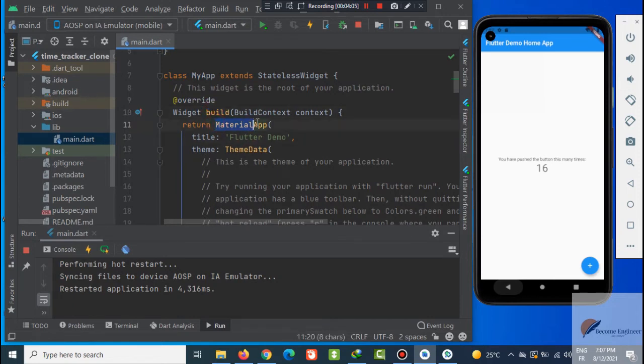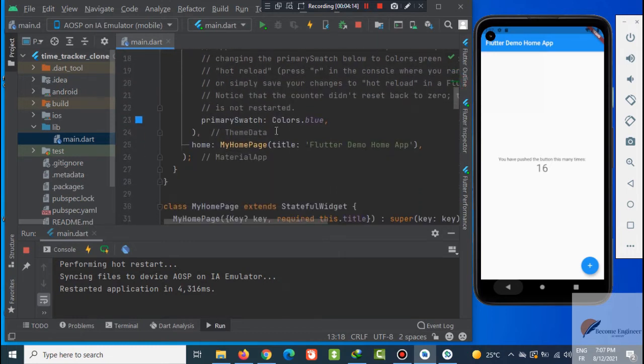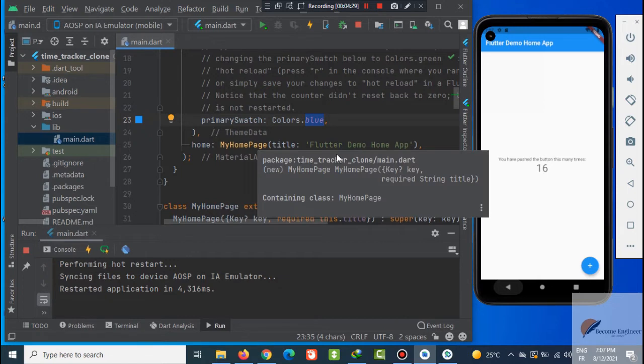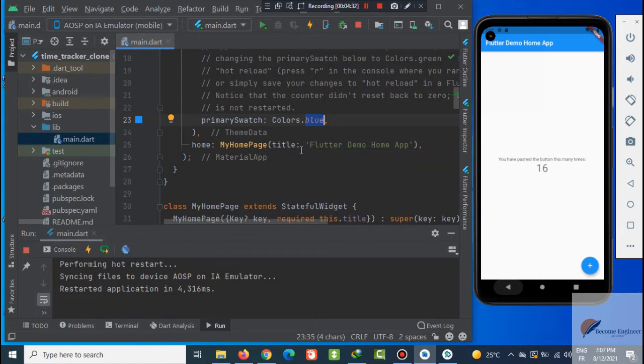The build method returns a Material App widget which has a title which is a text, a theme which is a theme data, and a primary swatch which is a color. Here we chose blue color, and we have home which returns my home page which has a title which is a text, and so on. That's what we call a tree.